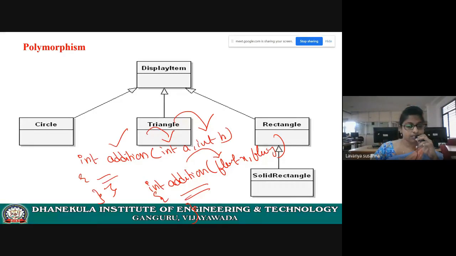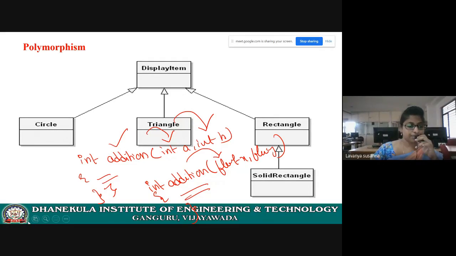See here, it is the same function. What is that function doing? It is adding, right? Both the functions are adding. Addition function is adding something. What is that? Two integers, the first function. Next function, what is it doing? It is adding two float numbers. That means the same function is exhibiting different behavior. It is adding two numbers. The second function is adding three numbers. Nothing but function overloading. You can explain that.